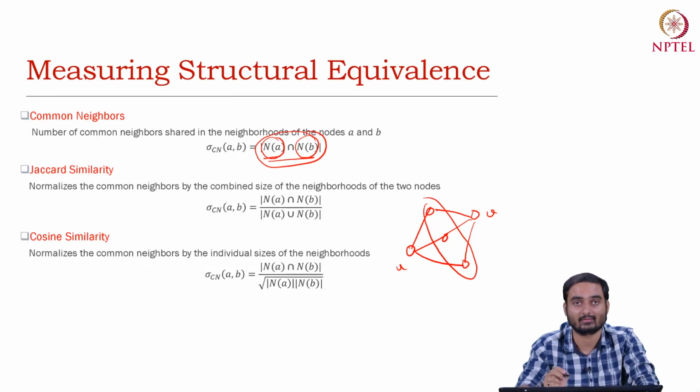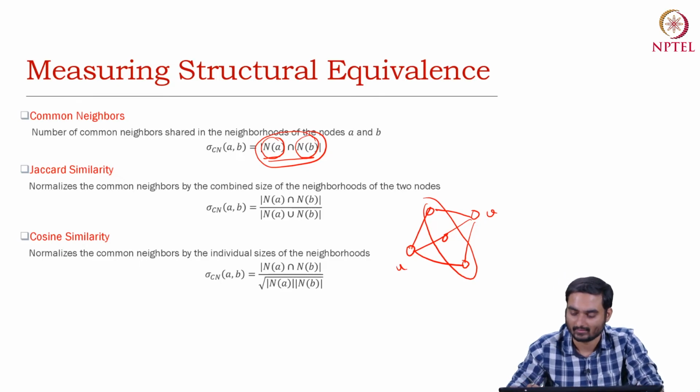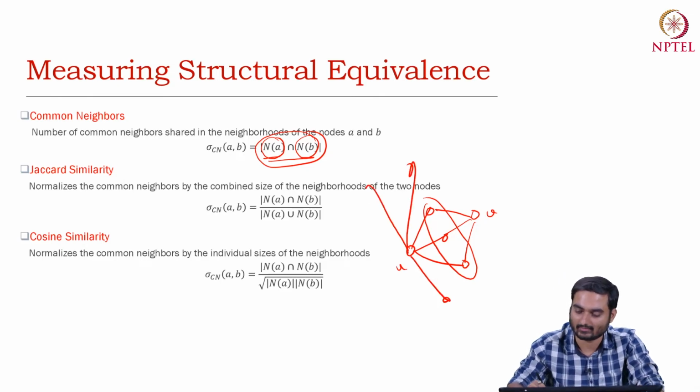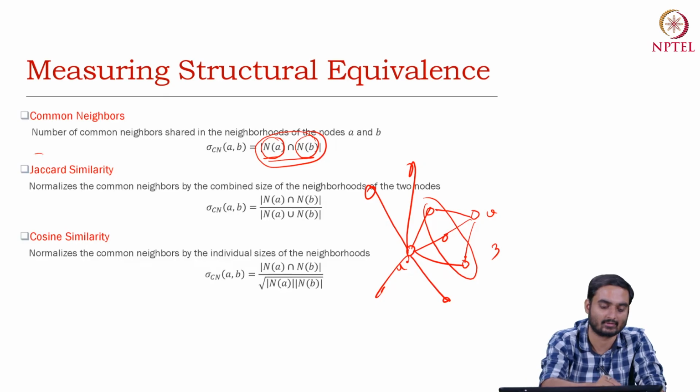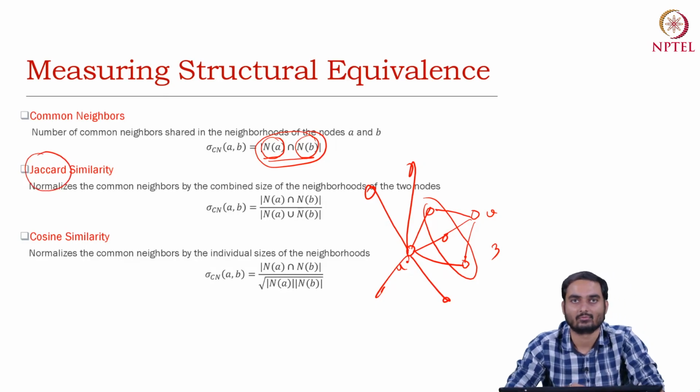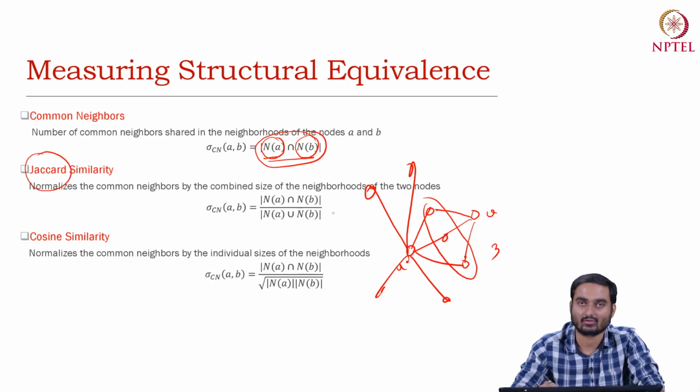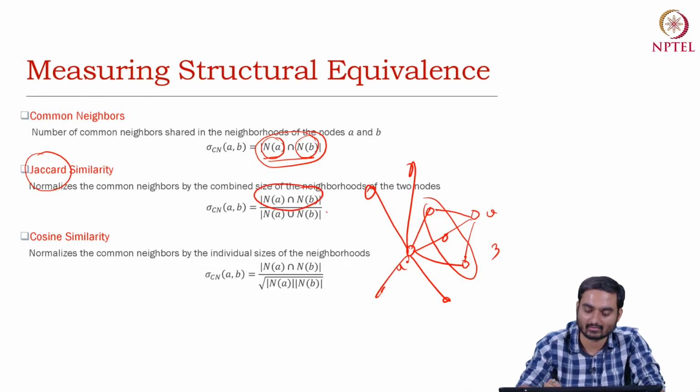Now this intersection may not be enough because it may happen that U has a lot of other neighbors, right? But V has only 3 neighbors. So the intersection will give you 3, right? But U and V are not equivalent because U has a lot of other neighbors also. So we need to normalize it. A simple way to do this is to take something called the Jaccard coefficient. What is the Jaccard coefficient? In the Jaccard coefficient, you take intersection by union,